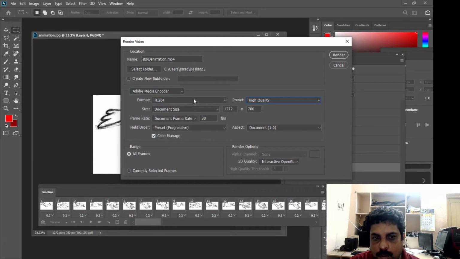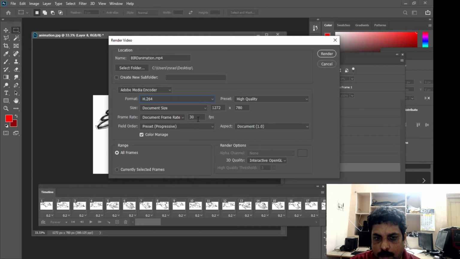And then see, don't change this format. If you want to render for QuickTime, you can select the QuickTime option, but we will stick to this H.264. And the frame rate, let's keep it to 30 only. If you want, you can change it.